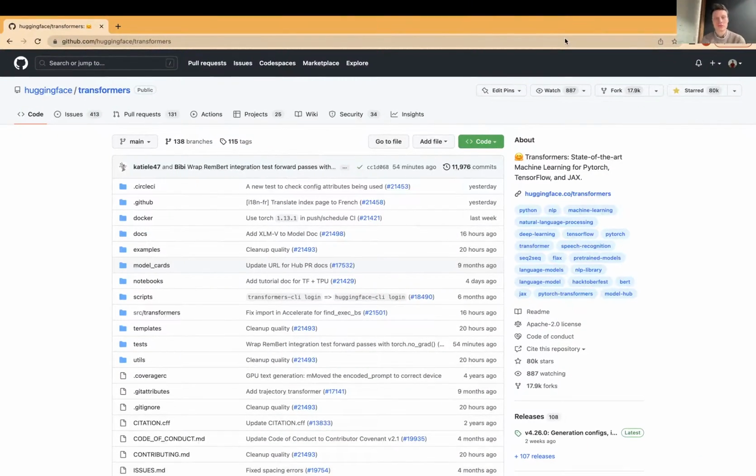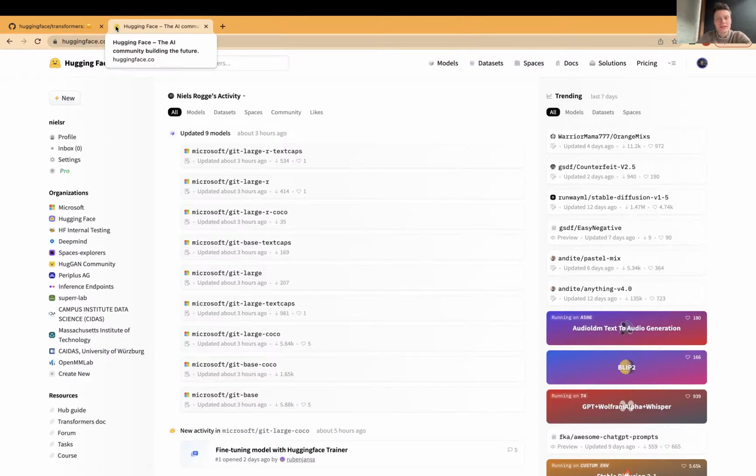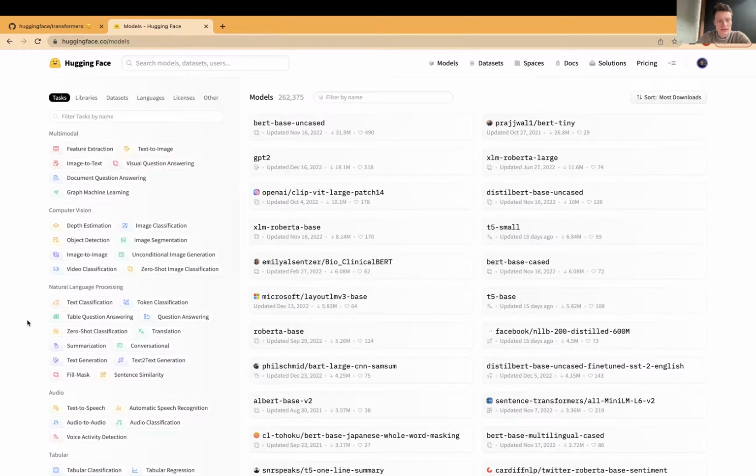Today I would like to showcase something very powerful for basically Git versioning any custom machine learning model using the HuggingFace hub. So as you may know, the HuggingFace hub is this central place where a lot of machine learning models can be found. So for example, here on the left you can see all kinds of different tasks